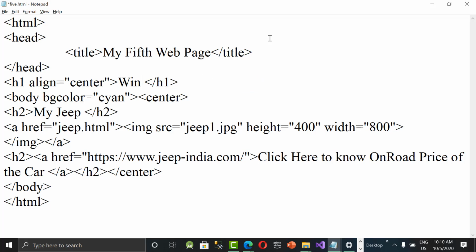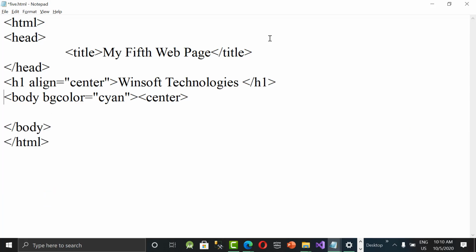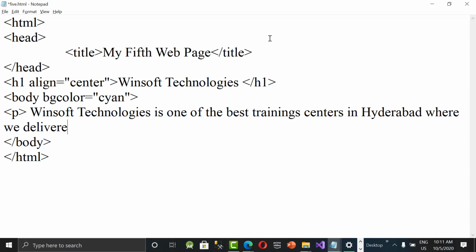And I'm writing here some paragraphs. Let us remove this center tag also. Typing with the para, Insoft Technologies, one of the best. Deliver trainings to corporates like CPS.